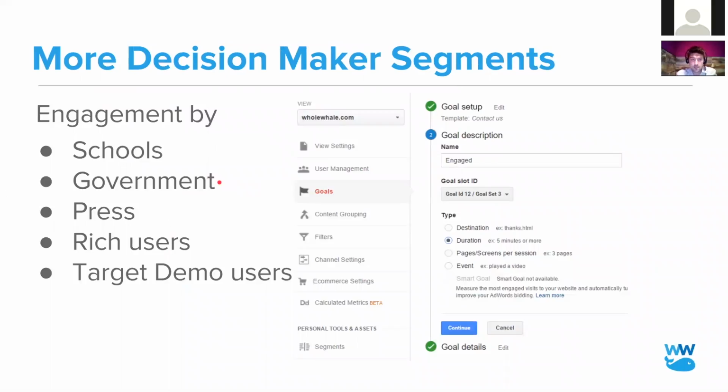We've got a whole list of those governments we can share with you and ways of tracking that in terms of a segment. There's ways of creating clever segments that also look at potentially rich users and press and any target demo, more or less, that you can figure out. You can create segments out of those and then look at all of your site traffic and answer these types of questions about what the decision makers we really care about are doing when they get to our site. Are we reaching them? Or is it just random traffic from Spain?